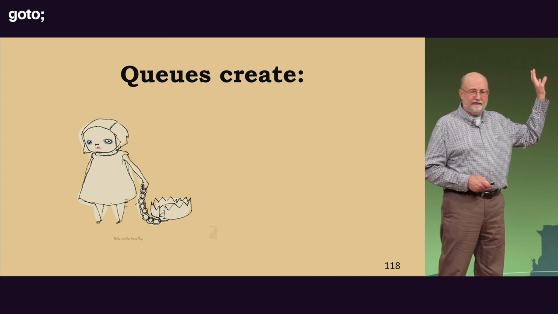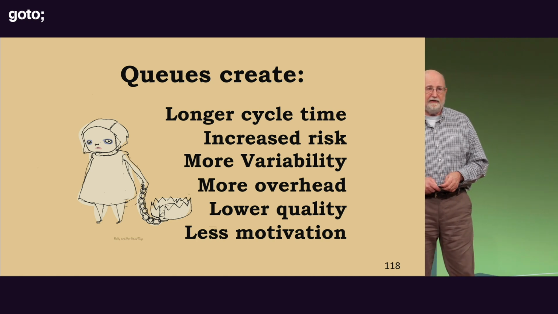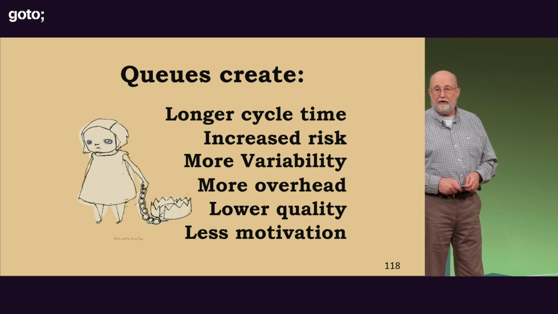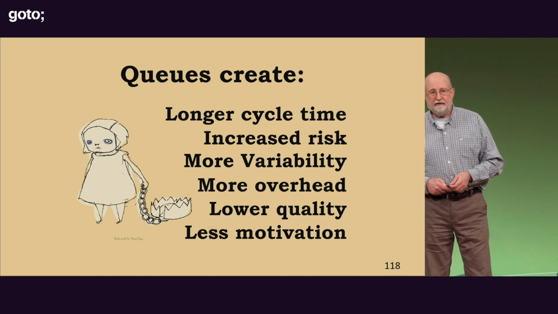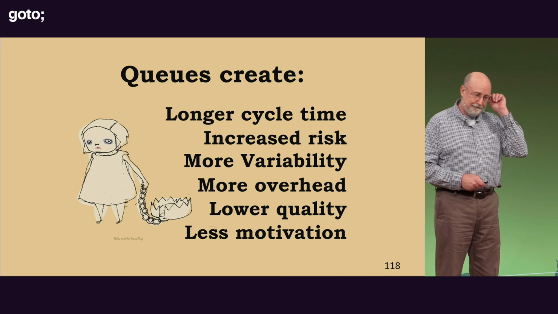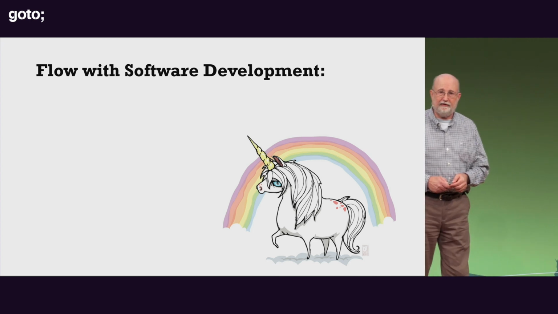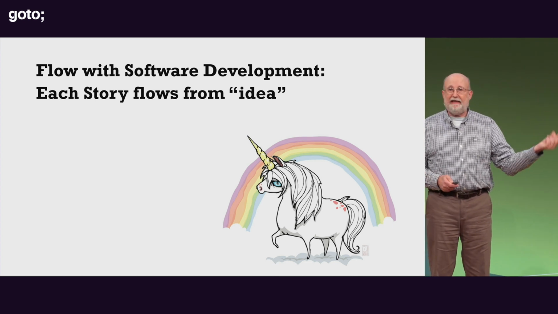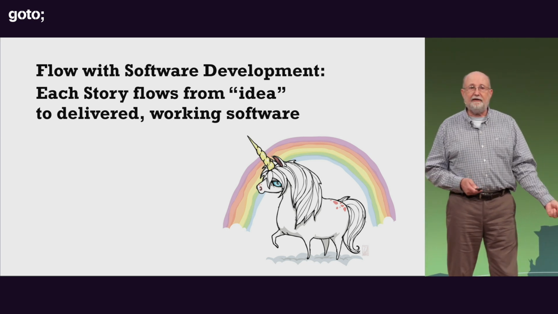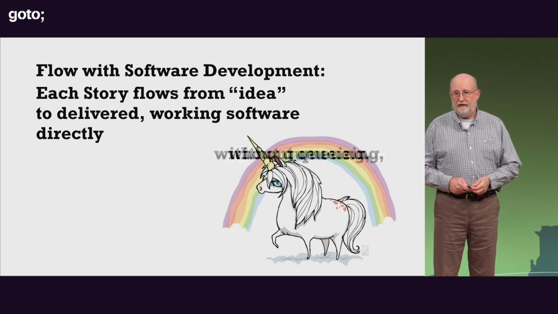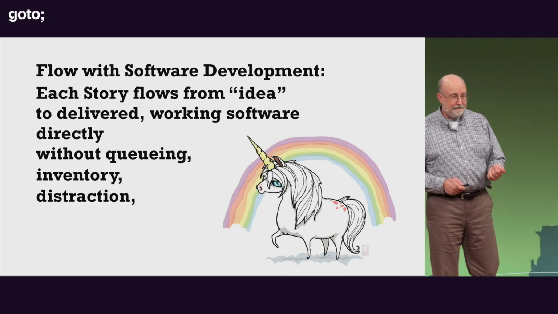So I'm not going to go into depth on this. These are some of the problems of queuing. If this was a workshop, I think we'd experiment with some of these things, how queuing can affect our getting our work done. But there's other problems that are related to it, and the inventory is one of them. Context switching, interruptions, distractions, all of that is related. So I'm going to define flow with software development. This is what I think of as being flow in software development. We're going to take the idea from beginning to end, from start to finish, into working delivered software somebody's using as directly as possible, without the waiting or queuing, without the inventory of things we're working on. And these other things I just mentioned, distractions, interruptions,